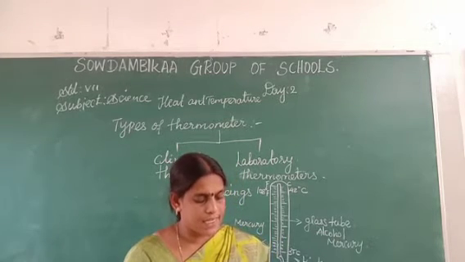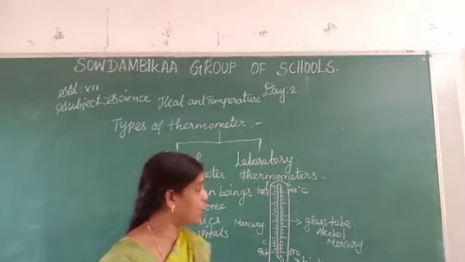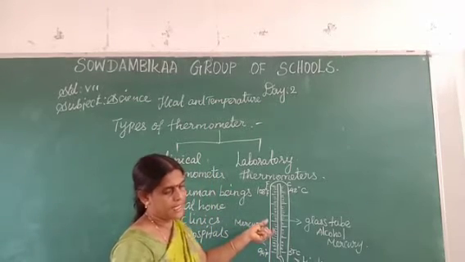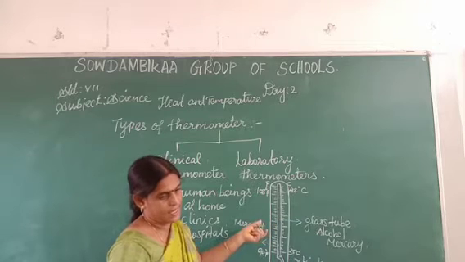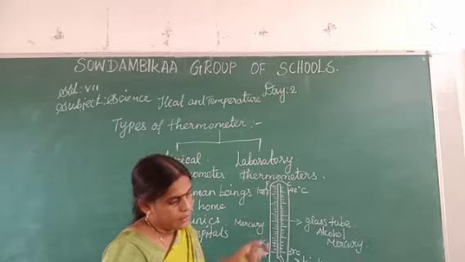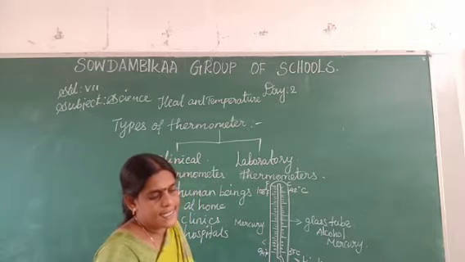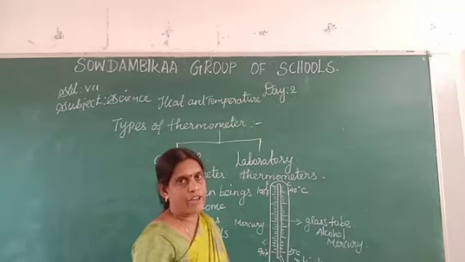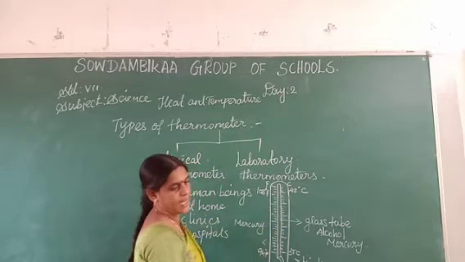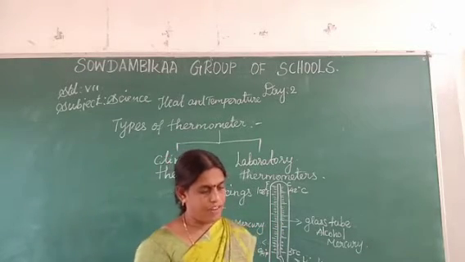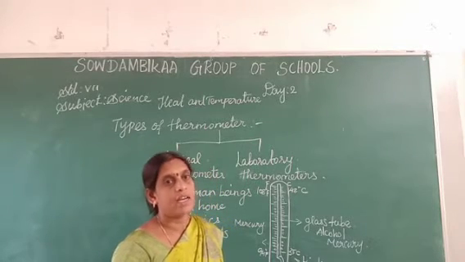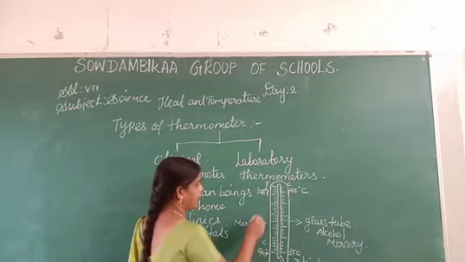There are temperature scales on either side of the mercury thread. Okay, either side of the mercury thread. One is the Celsius scale, the other one is the Fahrenheit scale. Since the Fahrenheit scale, the body temperature is measured in F only. In Fahrenheit means